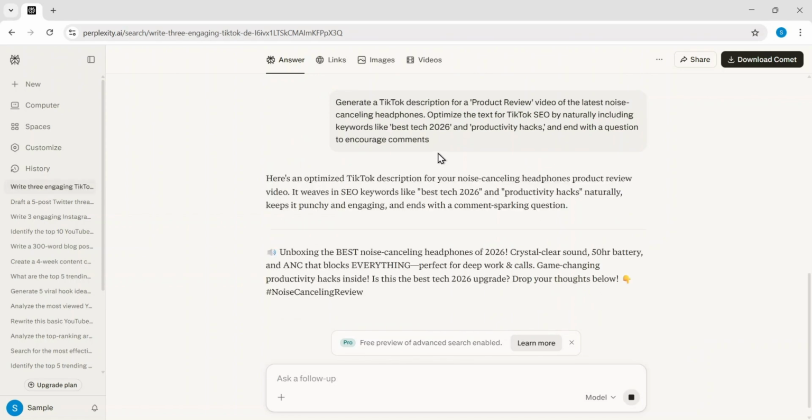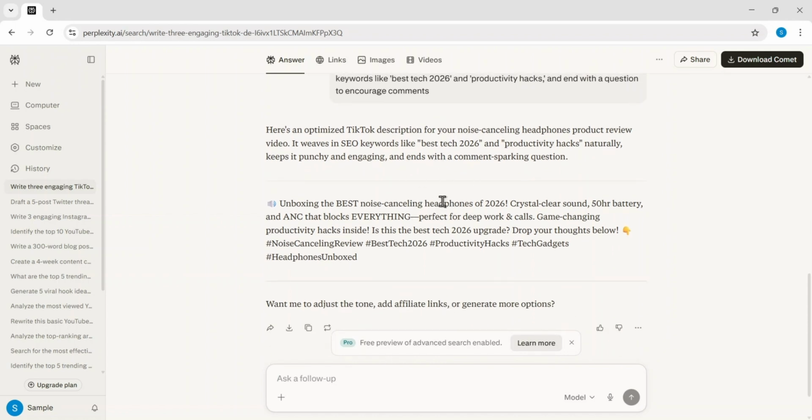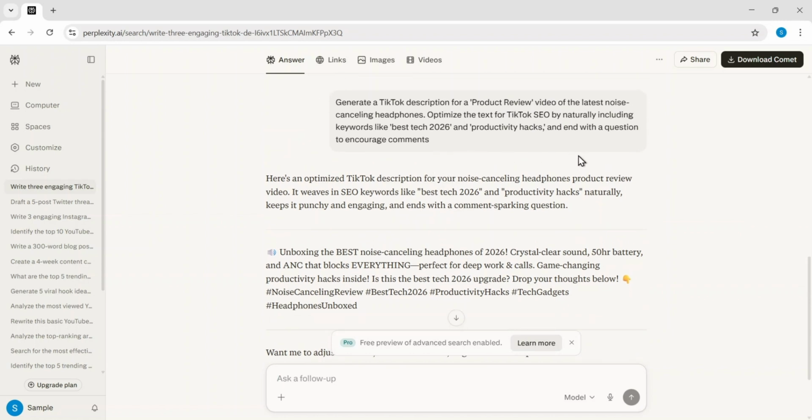The final result is a professional and punchy description that highlights the key features of the headphones, such as the 50-hour battery life and noise-canceling capabilities. It successfully weaves in my target keywords while providing a perfect prompt at the end to get the audience engaging